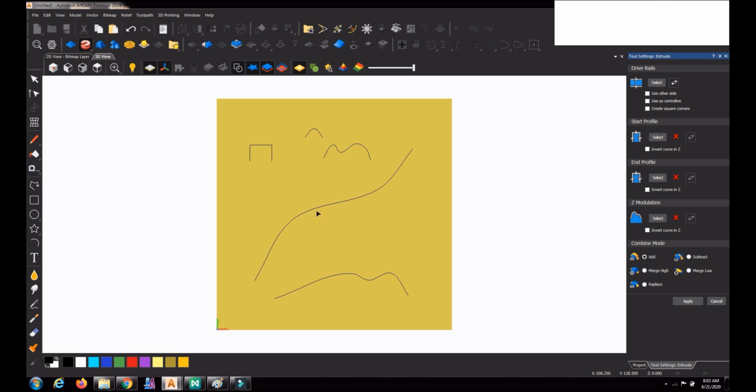The most important curve for the extrude command is the drive rail. First and foremost, we select the drive rail. I am selecting this curve as a drive rail, along which the 3D will be formed.